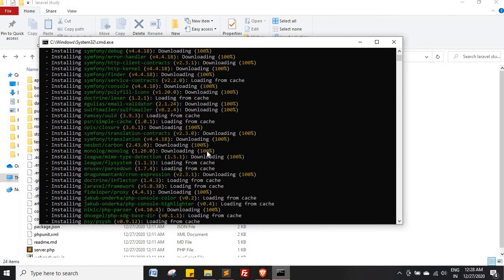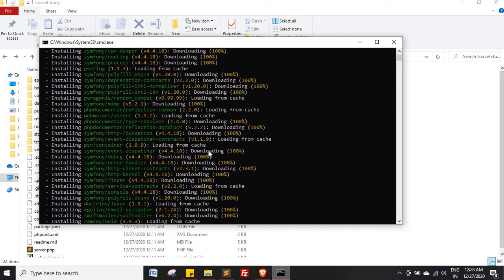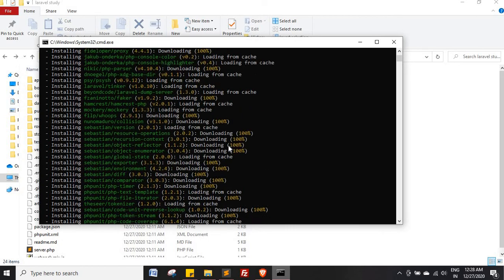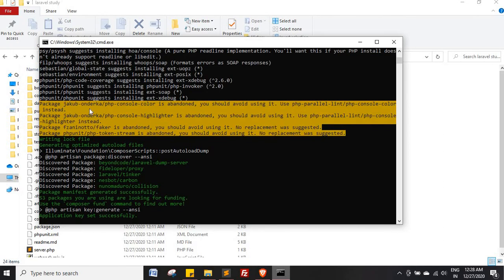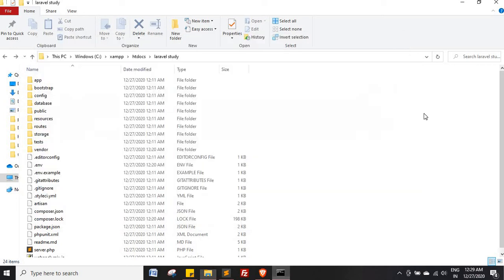You can see they have installed quite many useful packages which we might require in our projects. They are just saying they have amended some packages, so you do not need to install those, because these packages install by themselves. There is no issue if you are getting these kinds of messages. Okay, so now I have installed Laravel.